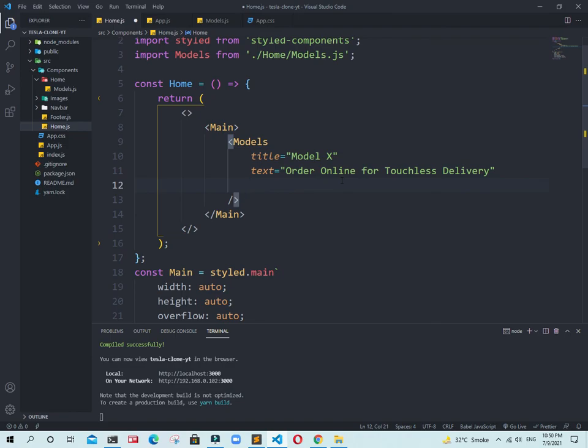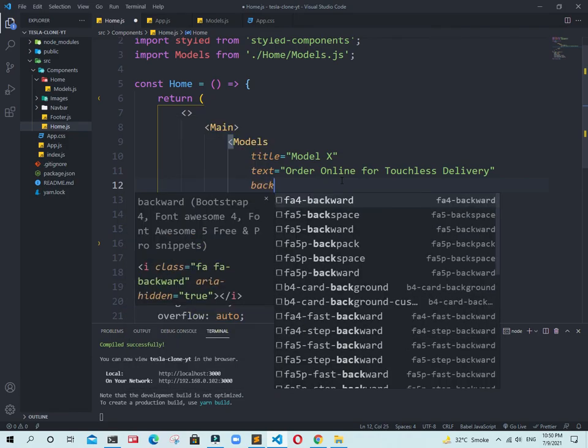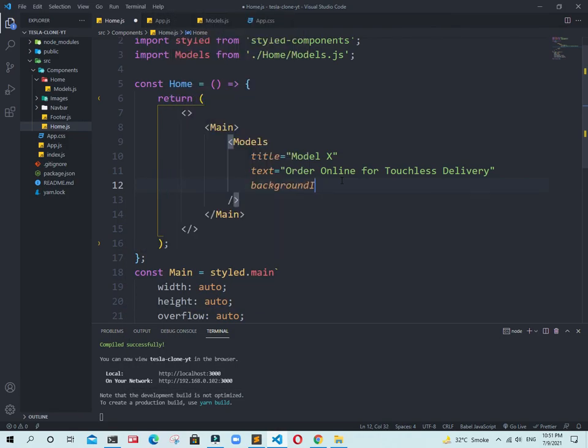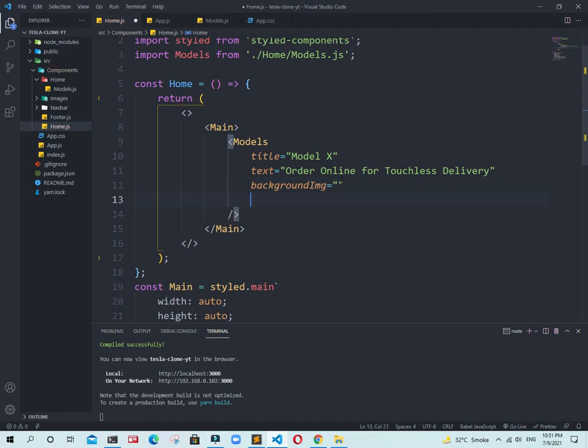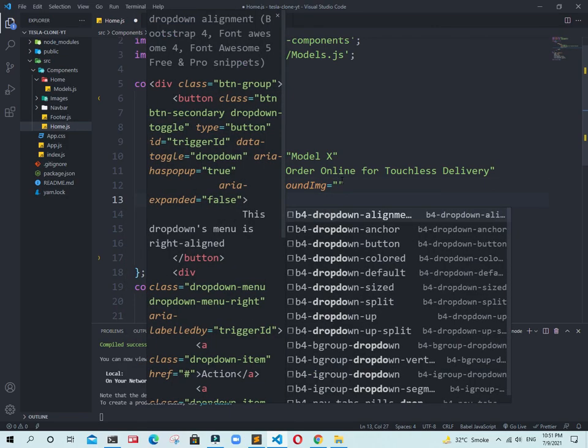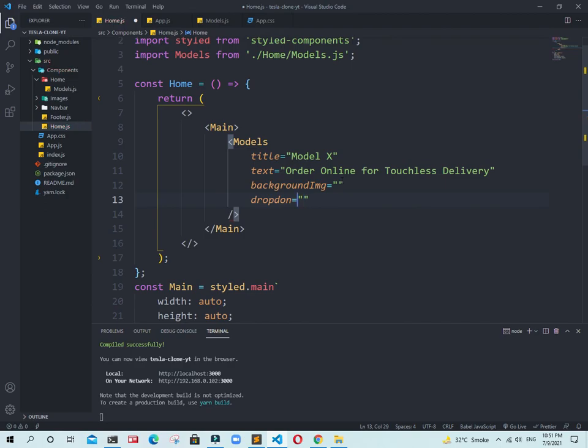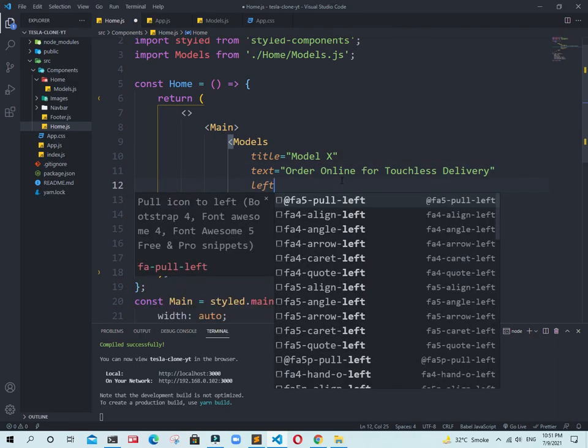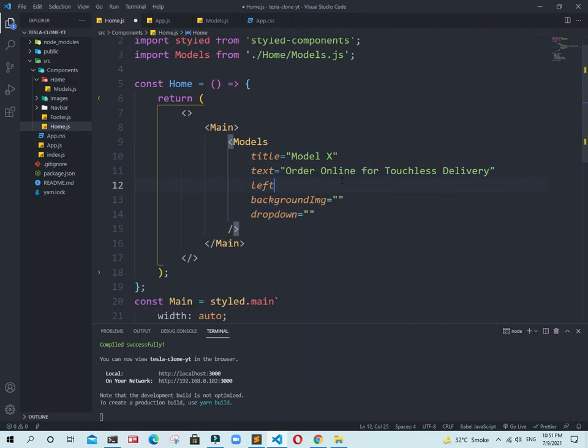The background image to this one will be different. Now the drop down will also be the same. Just after that we have our left btn, and left btn will be custom order.